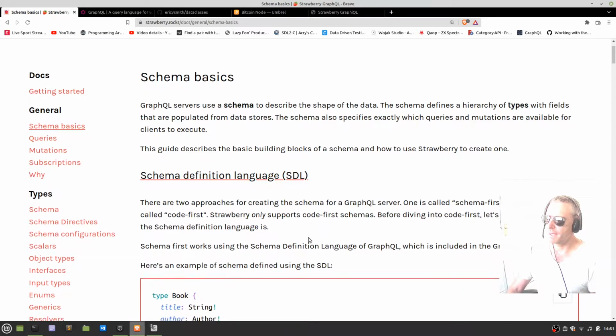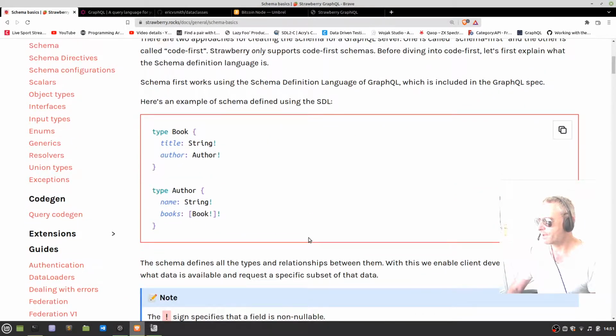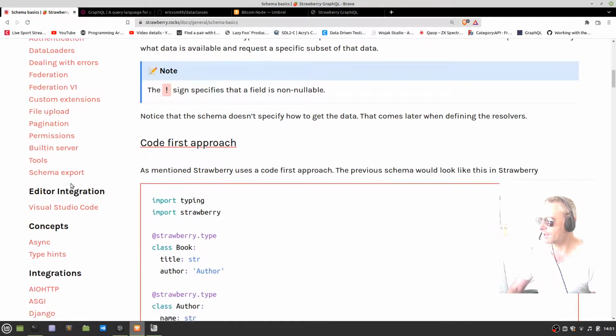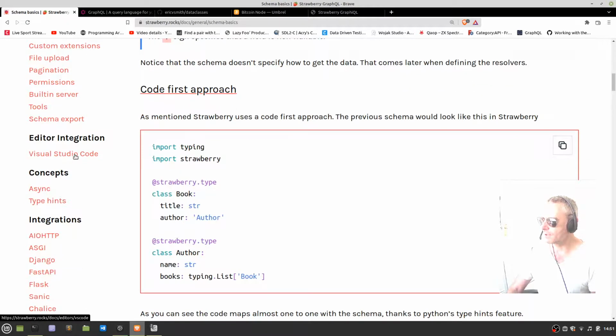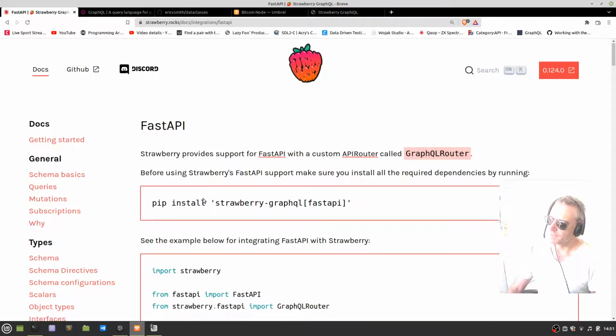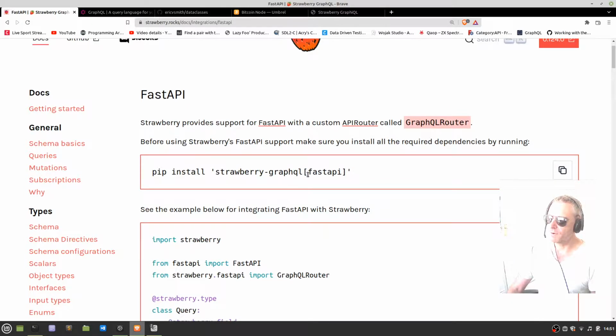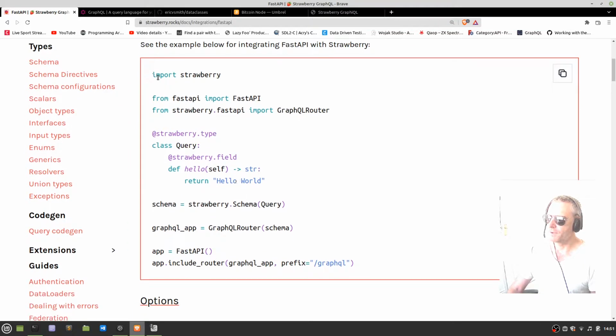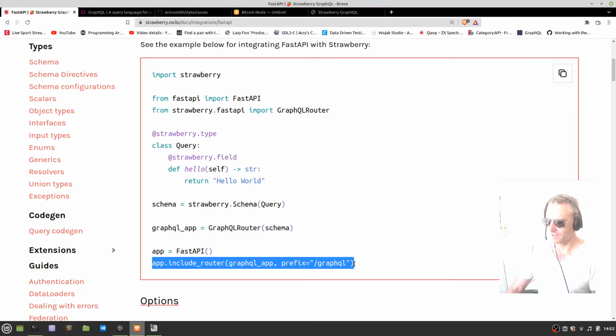So again, what is there that Python cannot do? There's lots more stuff. If you look down here, there's some authentication, data loaders, federation, Visual Studio Code editor integration, async, type hints, AIOHTTP integrations, FastAPI: pip install strawberry-graphql[fastapi]. And if you've used FastAPI, you might start to recognize some of this code. app equals FastAPI, app.include_router. That's all new, but